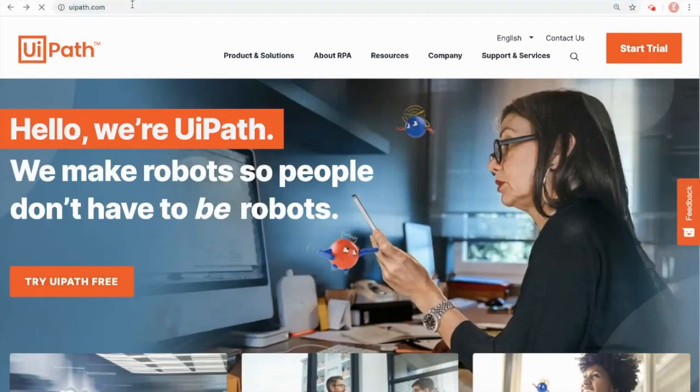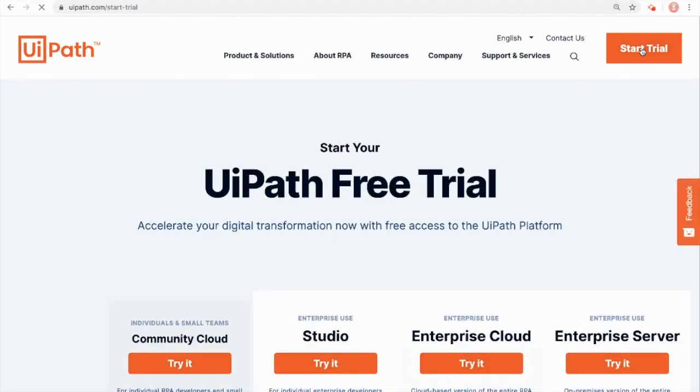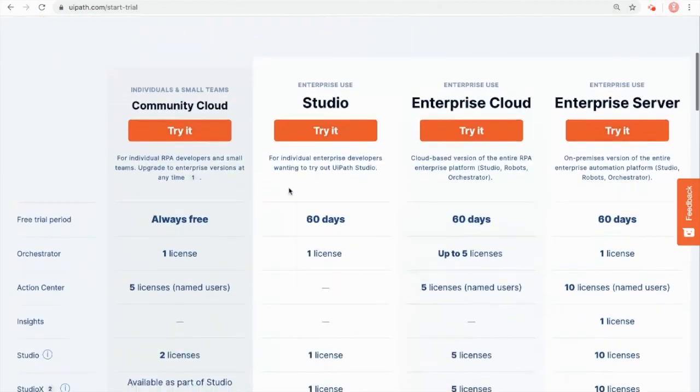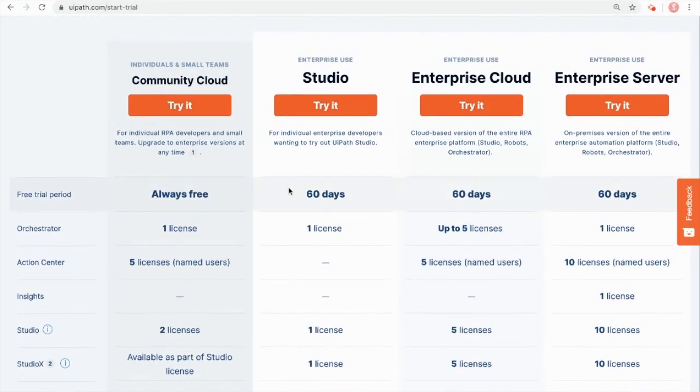So just open your browser and go to uipath.com. Once there, you would see the Start Trial button. As you click on this button, you would be redirected to UiPath's trial page. Here you could see all the different trial options that are available. Out of the 4 options that you see, 3 are for enterprise use. And we would stick to the Community Cloud version, as this is enough for any beginner who wants to learn